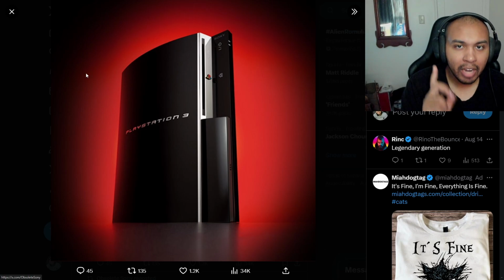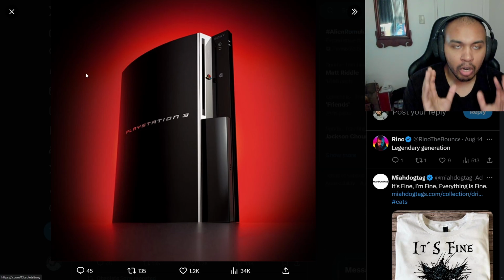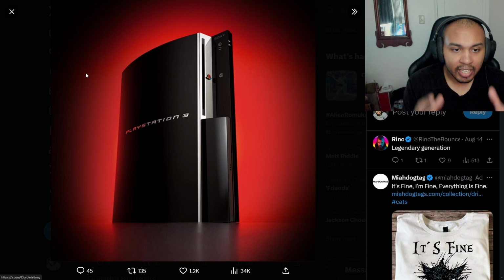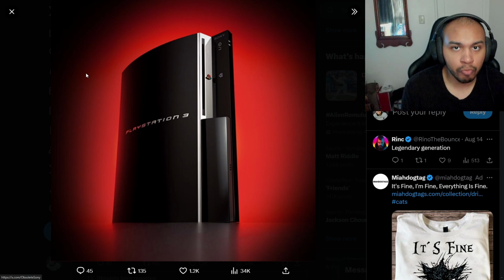Here's a little fun fact that I don't think most people know about the OG PlayStation 3. I remember back in the day, there was a group of people in the military. They decided to gather a large number of OG PS3 consoles. They tried to get them all connected together in some way, shape, or form to create some form of a supercomputer,